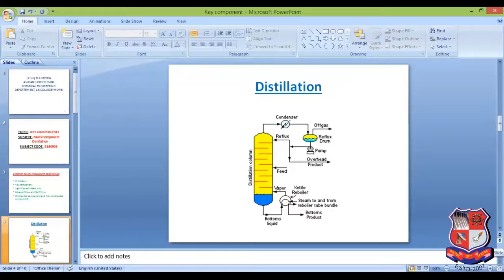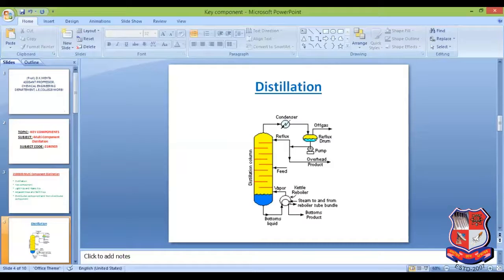Okay. So the distillation, right? We learn this mass transfer operation in the semester 6. So the distillation is that mass transfer operation in which we separate components by exploiting their difference in the boiling point, either by adding or removing heat. So in 6th semester we have studied binary distillation. In that, we select any 2 components. One component is having a lower boiling point, and another is having higher boiling point.